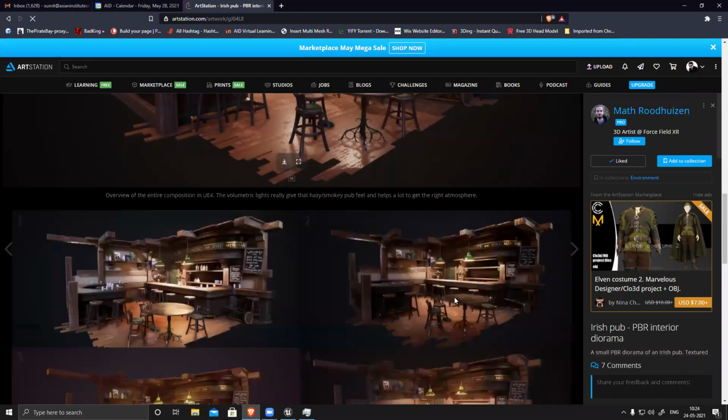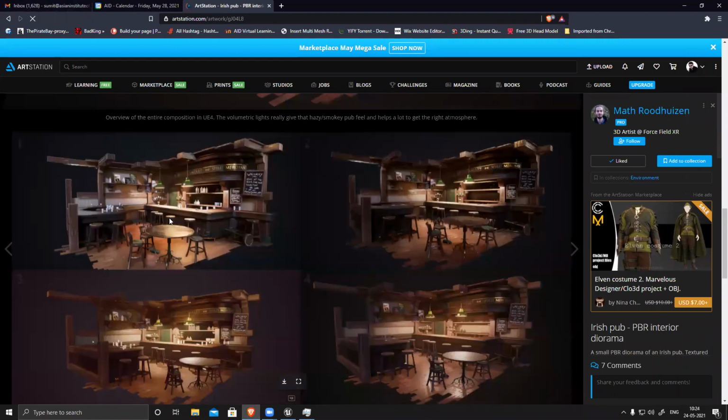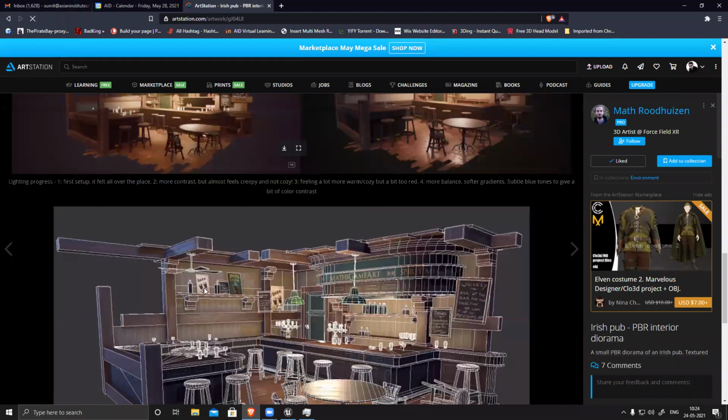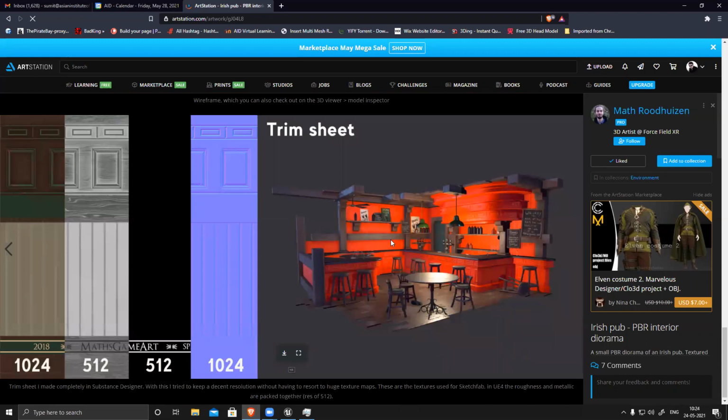So my idea is I'll create this and then we'll modify this thing. You can see this one has multiple versions. This one looks nice, a little bit more populated with extra stuff. And we can use a trim sheet technique and create the entire thing. It will be really easy, and it's a new technique nowadays. Gaming companies are using it a lot to generate good quality output.